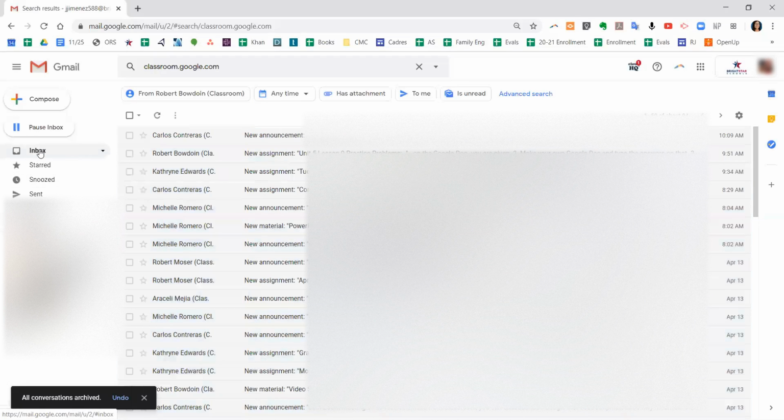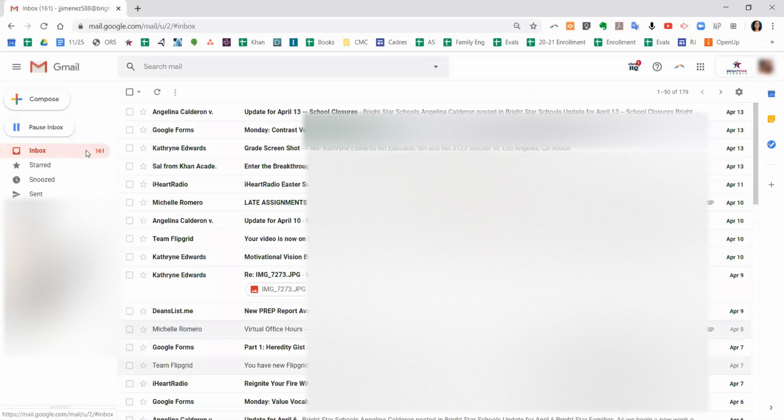Now when I come back to the inbox, you see before it said inbox next to these messages, now it doesn't. So that shows it's no longer in the inbox. When I go back to my inbox, look at that. I only now have 161 unread emails, and these emails are more specific emails that were written just to me. Maybe it was a personal email that was sent from a teacher like this one, and so I could see what's most important. So this is how you get rid of everything old in your inbox